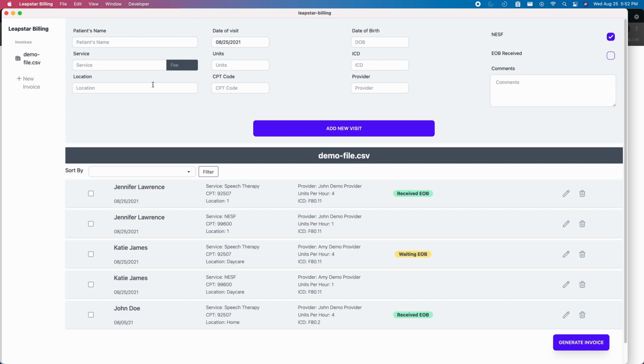Now I'm going to show you how to add a new patient that has been added to my caseload. Let's call her Mary Jones. Mary Jones will be seen for speech therapy at home, which is a 1. Let's say I saw her today. So I'm going to keep the date of visit the same. I saw her for 4 units with a CPT code of 92507. Her date of birth is